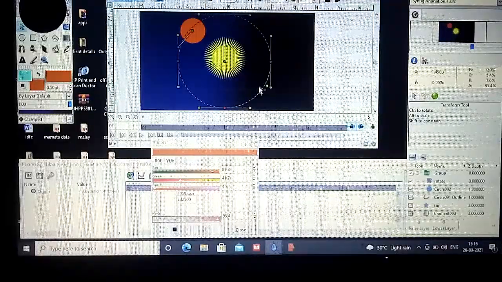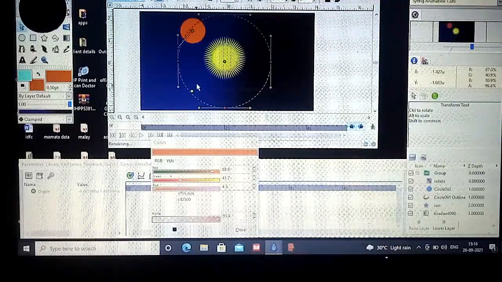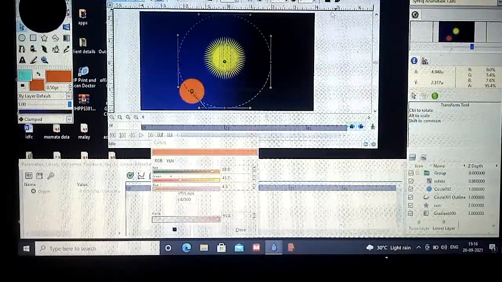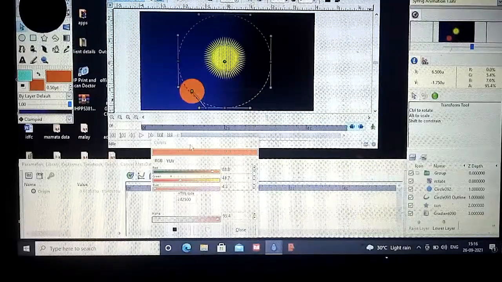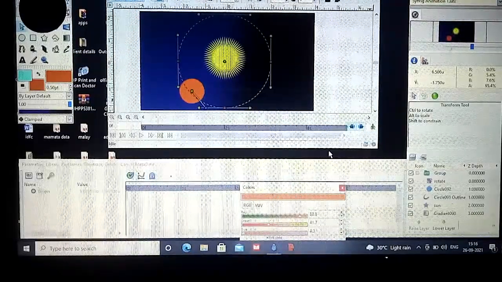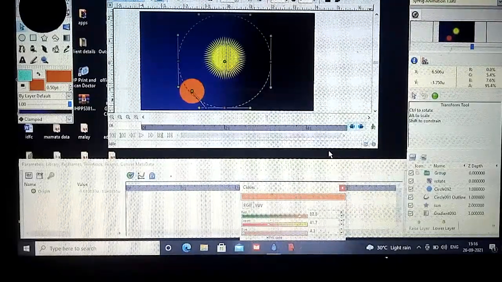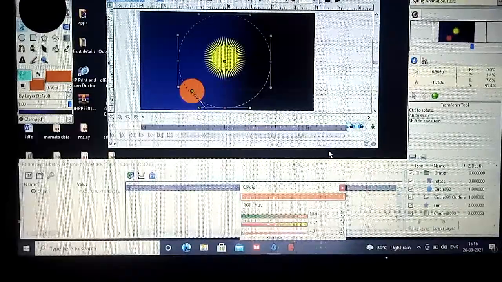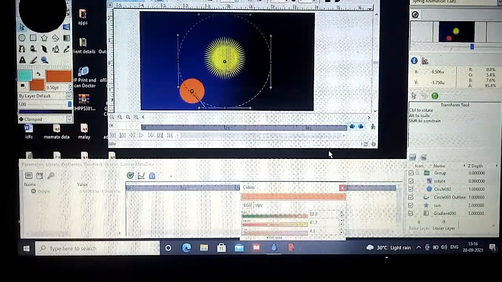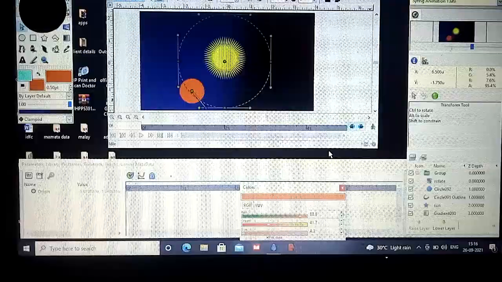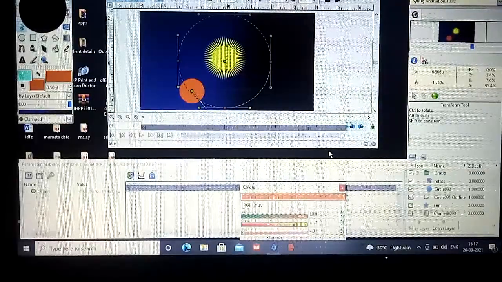See, can you see? Here it is. Now I will also show you the animation, but this is how you will link that circle to the path. Please follow these steps only, then only your animation will go perfectly right.